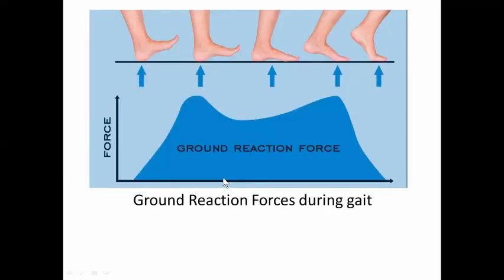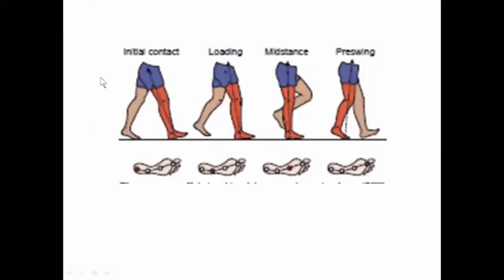This picture describes the ground reaction force, as the arrow describes the force against the heel. In this picture, the red dot shows the contact area, as we can say that in initial contact, the line of gravity is passing in the limb and providing the ground reaction force from the heel.